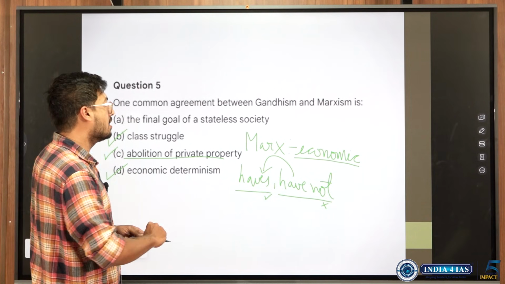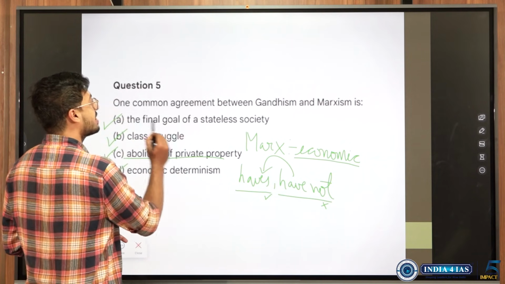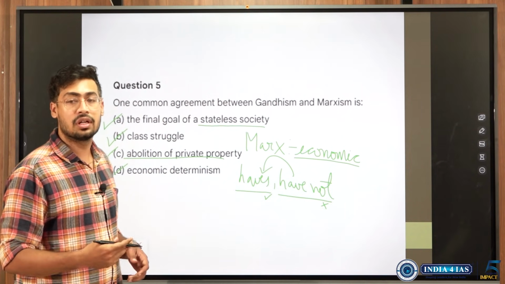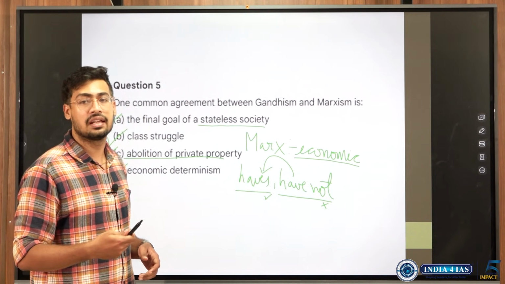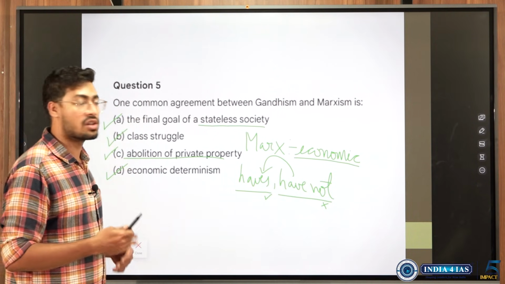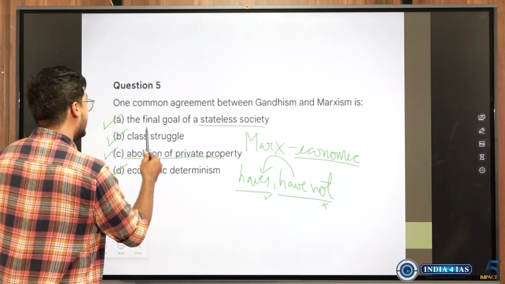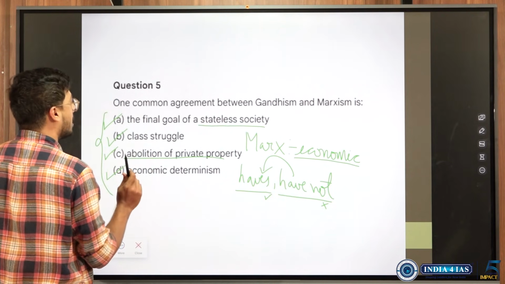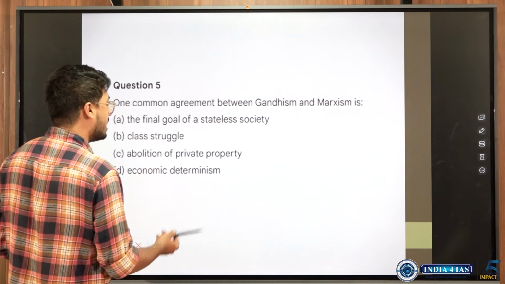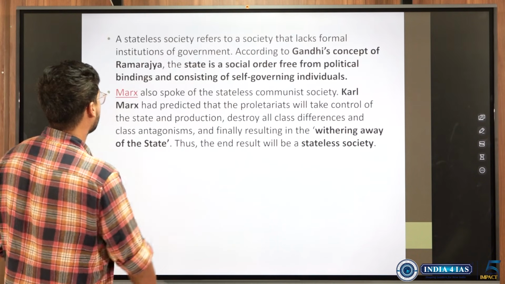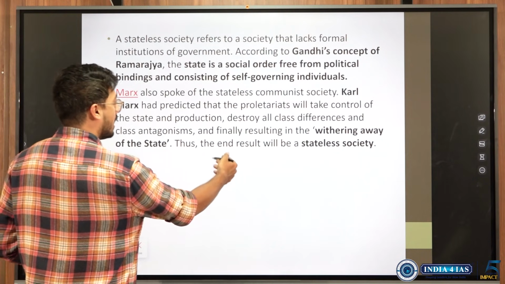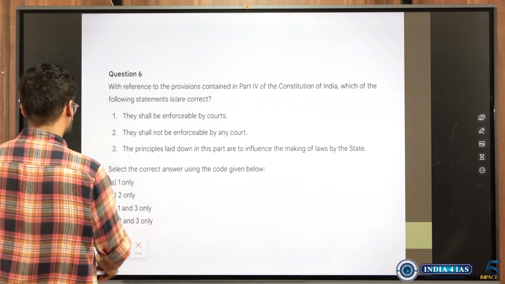And when this happens, he said there will be a stateless society, there will be no government, and people would be free to do whatever they want. Each of them would ensure that they do their creative thing which they wanted to do throughout their life, instead of just working for the sake of money or resources. It did not happen, so it has just been a utopia till now. You asked about Marx and Gandhism, so I just wanted to discuss this in brief. The same thing I spoke about, he spoke about the end result being a stateless society.